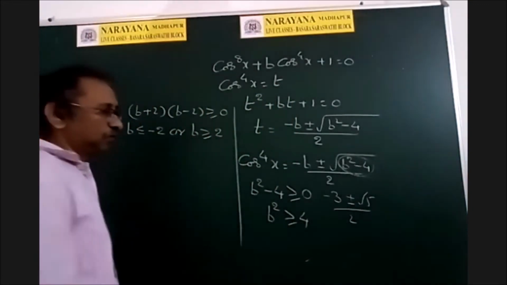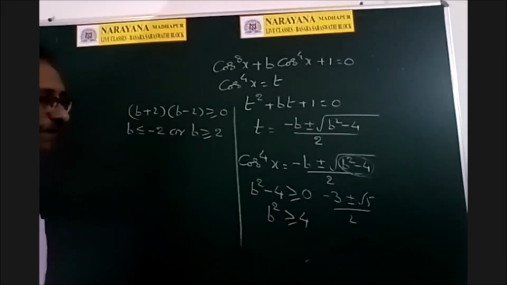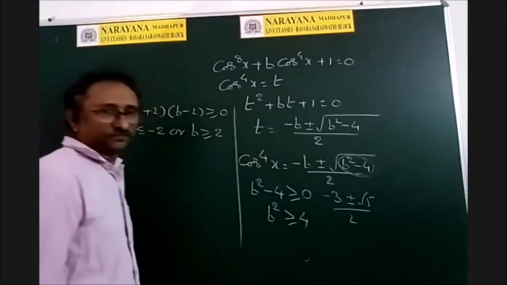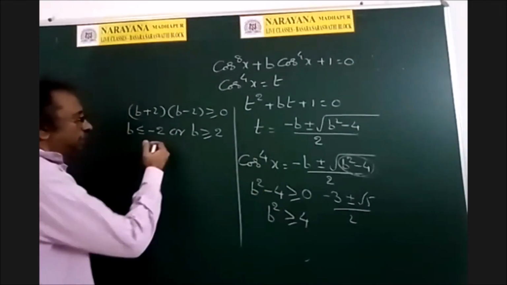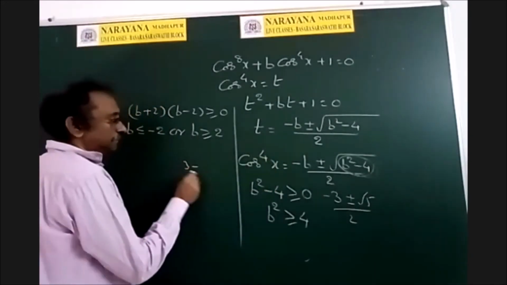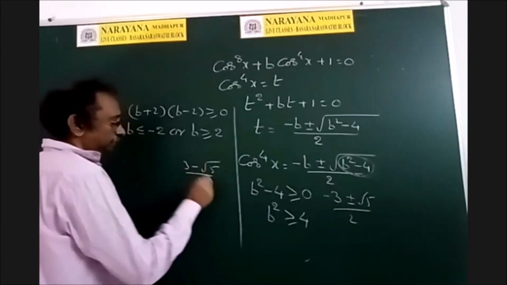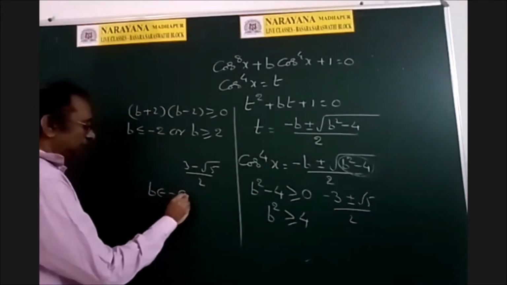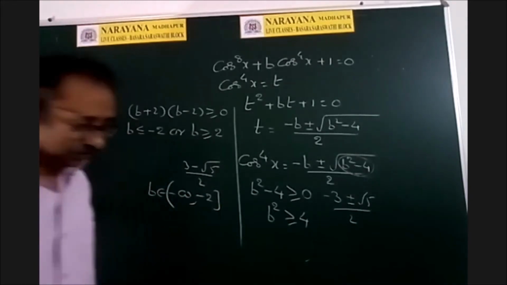Okay, and therefore minus 3 minus root 5 by 2. What happens for this? That is greater than 1. Therefore, finally, suppose b is equal to minus 3. Then 3 minus square root of 9 minus 4, that is root 5, by 2. Okay. Therefore, finally, b belongs to what? Less than or equal to minus 2, means minus infinity to minus 2. See in the options.